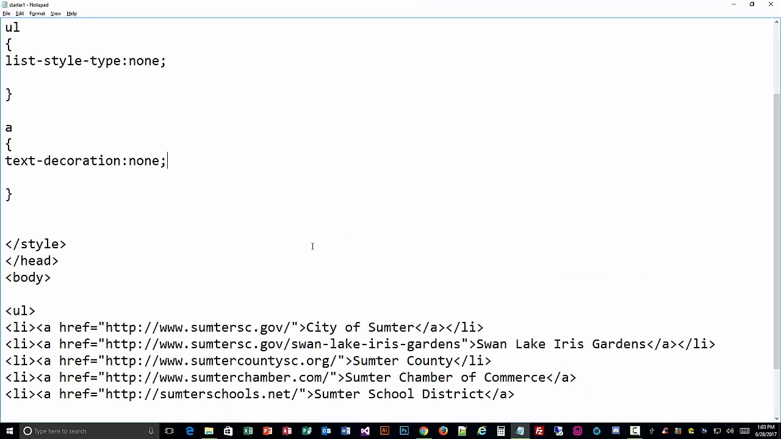So the next trick that we're going to do: right now the list is vertical, but you can also use CSS to change it to horizontal, because we're used to seeing a horizontal menu at the top. So we're going to do that real quick, so you can have a nice menu or navigation bar up at the top. Let me go back to my notepad, and to do this,